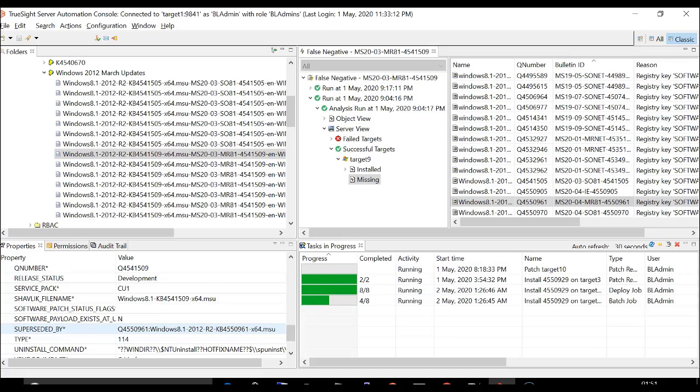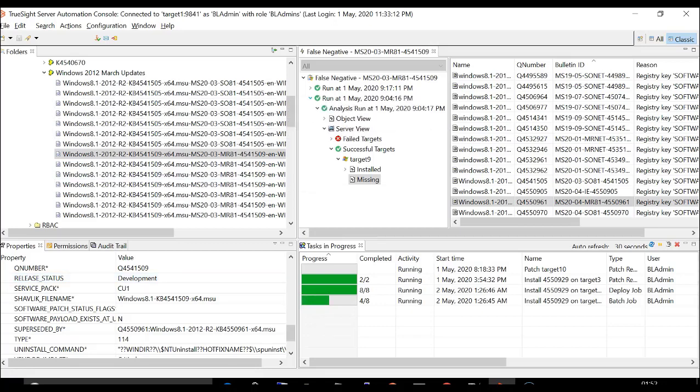But when you run a patch analysis job via TSSA, the patch that we are going to show you as missing will be the latest and the greatest patch. The greatest patch right now that I have in the catalog is the April one. So that is the reason why we are not reporting this particular patch as missing. Now if there is a requirement in the organization that you need to install this patch, there is a way you can force TSSA to report an older patch as missing.